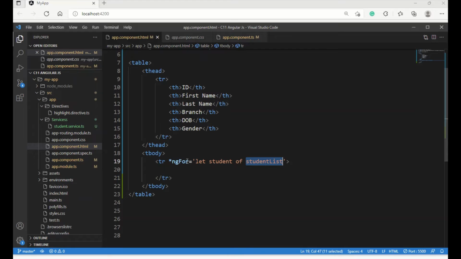Using ngFor, it will iterate the students list that many times. Suppose it has 4 students, it will loop 4 times, and it will also create a table row each time. So using ngFor, we can loop the list. If you want to display the result,